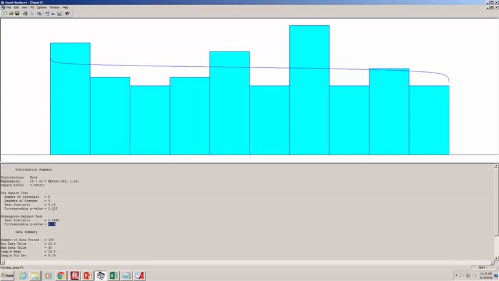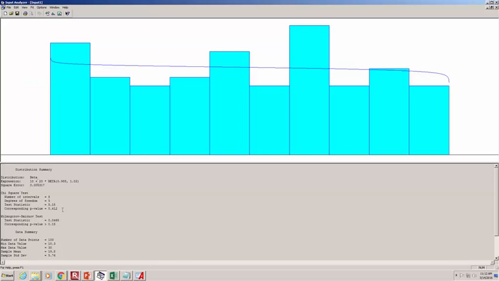So for example, here the chi-square test is telling me that the p-value is greater than 0.412, and the KS test is telling me that the p-value is greater than 0.1015. If I change the distribution, let's say to the exponential, you see that the p-value will go down, which means that this is not a good fit for our probability distribution or for our data. Okay, so again,